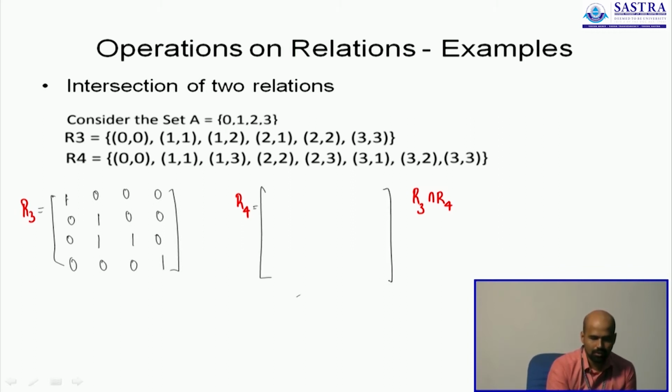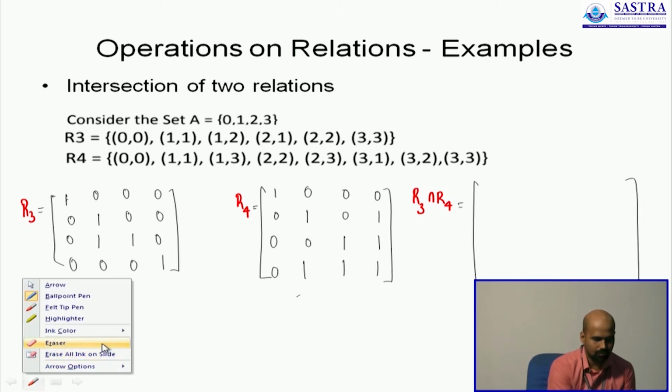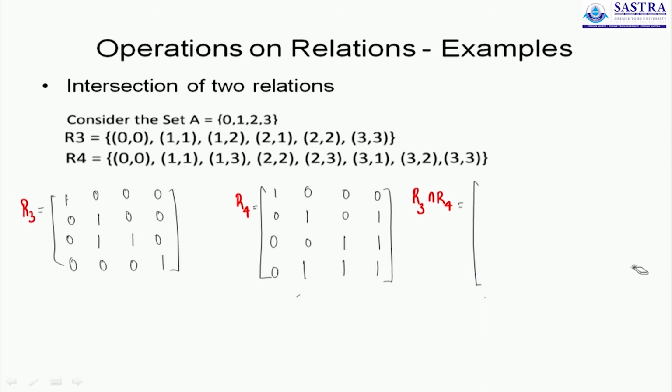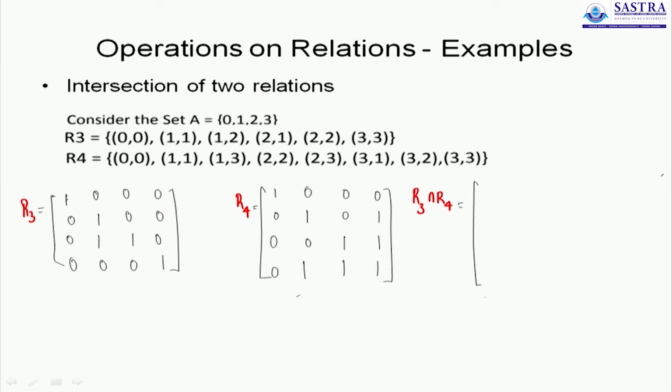R4 similarly will be 1, 1 1 is 1, 1 3 is 1, 2 2 is 1, 2 3 is 1, 3 1, 3 2 and 3 3 are 1s. The remaining entries are zeros. So now if you try and find the intersection, we already know the answer. The answer is just the diagonal, but this time the answer can also be obtained by performing an element wise